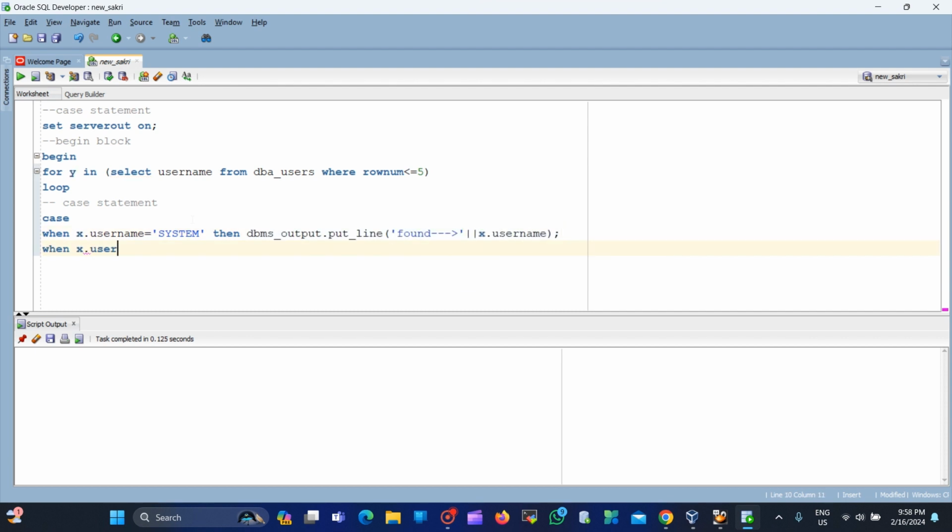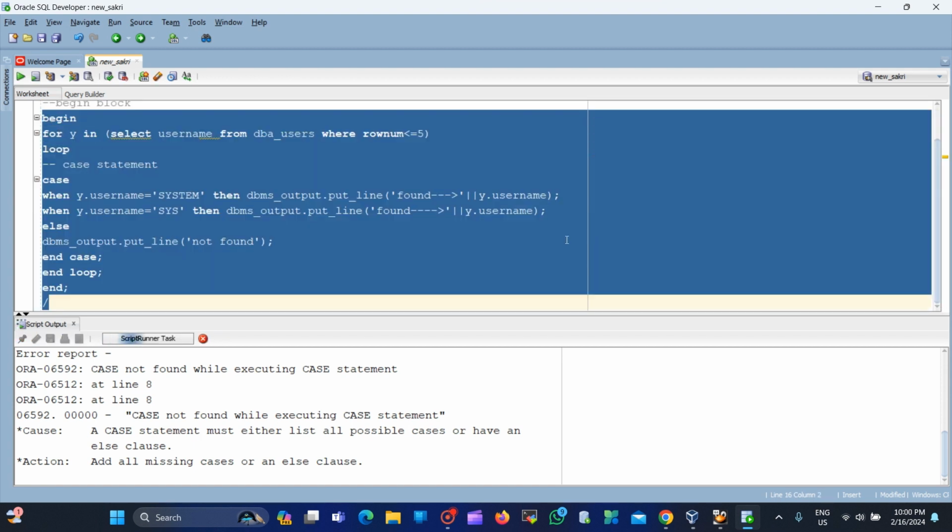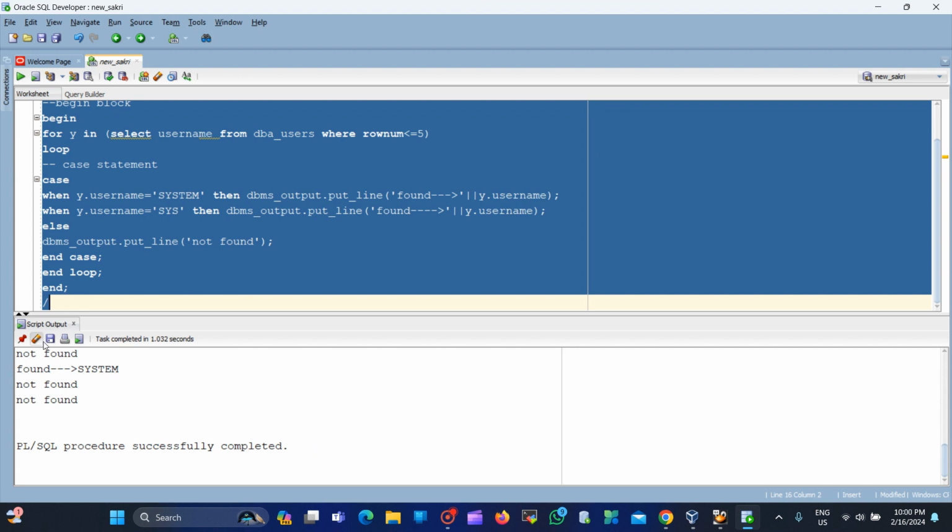Again next username equal to sys, then execute this dbms_output.put_line, then found x dot username. Okay, and else dbms_output.put_line, then mention not found. Okay, so now it is